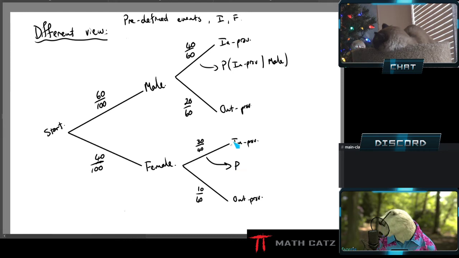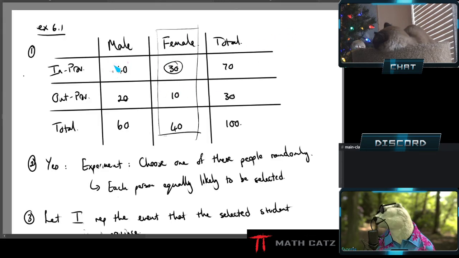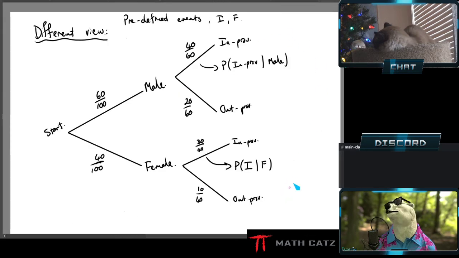So now look at this probability, for example. I'll write it because we're familiar with the I and F events that are defined already. This is the probability of being in province given female. And notice that is the 0.75 we've been calculating. Now there's a luxury here that we have the table and we have the numbers already. Very different ways of calculating the same things, depending on how the information is presented. We'll see eventually. But I don't want to go too fast right now.